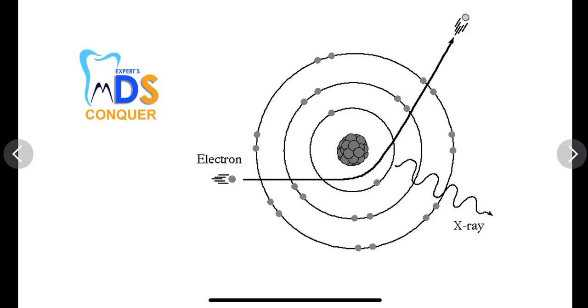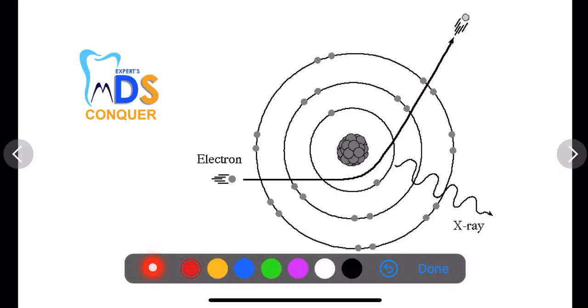Now we have seen the X-rays are being produced at the focal spot, right? How are they produced? There are two main concepts of the production of X-rays near the focal spot. Number one is called Bremsstrahlung radiation, or also called the braking effect. Number two is the characteristic radiation. First we'll be discussing Bremsstrahlung radiation.